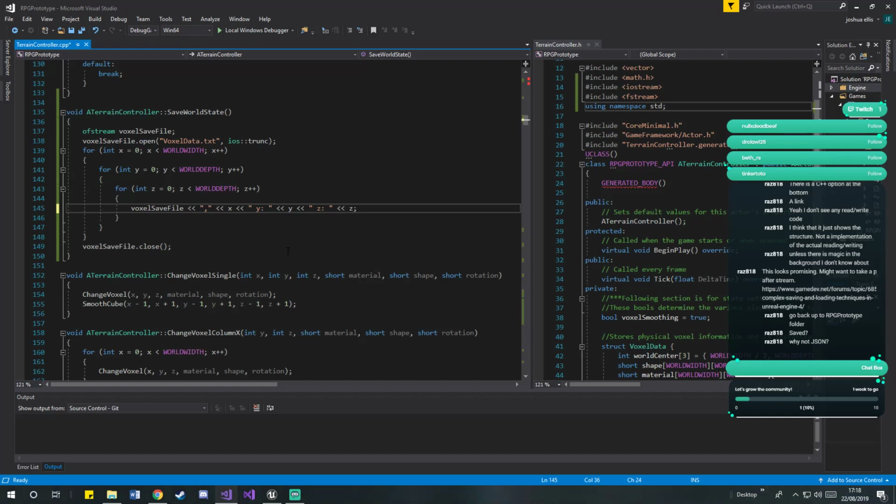Why not JSON? I guess because I don't really need to do it as a JSON format. Let me have a look at the format for that. Oh, I see what you mean. I feel like I'd be saving more than I actually need to with that. I want this to be quick, so I don't want to be iterating over thousands of characters. As far as a loading and saving feature goes, it probably doesn't matter too much, but